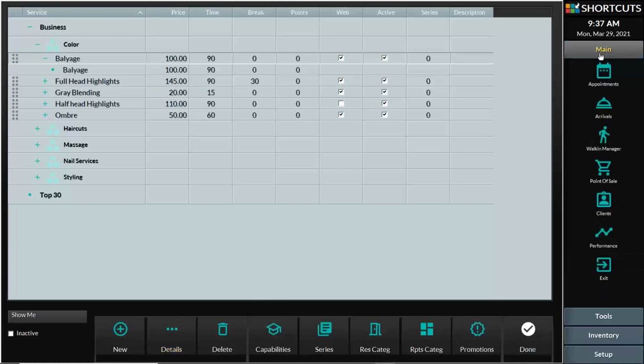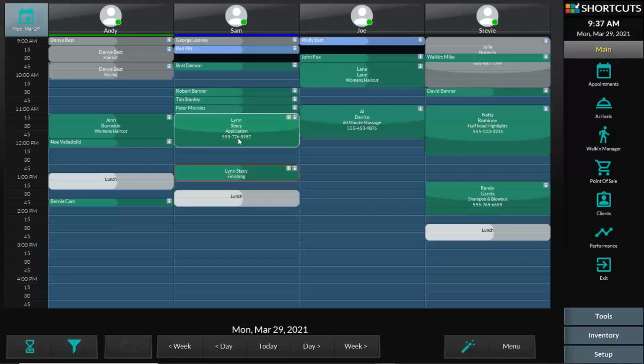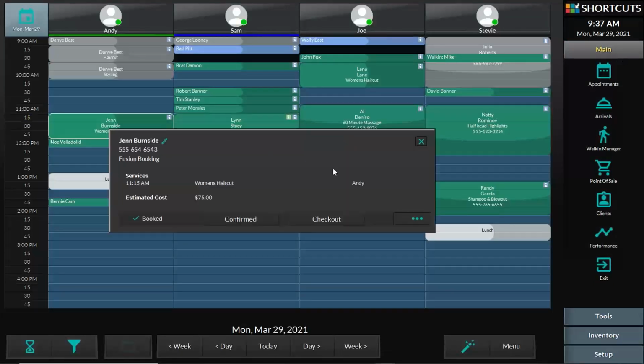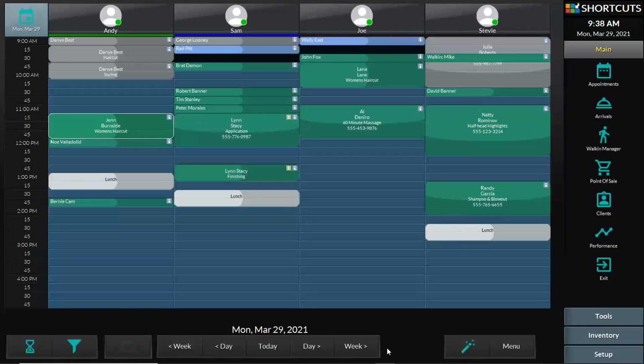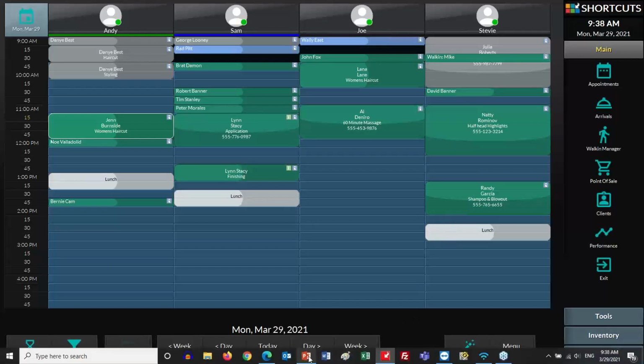Previously it was a wrench, but now it makes a little more sense when you're in the appointment book and you see those three dots. That means, oh, I want more details for this appointment. Simple as that. So now let's jump back into our presentation